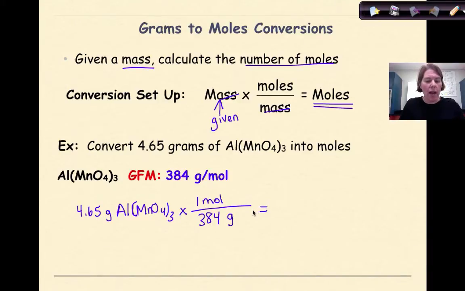Now I know that I have done this correctly if grams cancels grams. So I'm going to multiply, then divide. Multiply across, divide down. So 4.65 times 1 divided by 384 is going to give me 0.0120 moles of